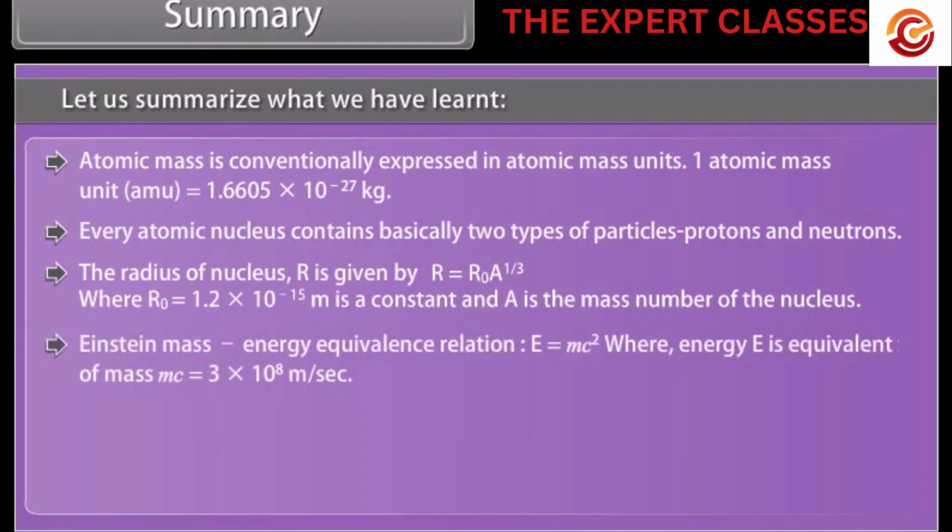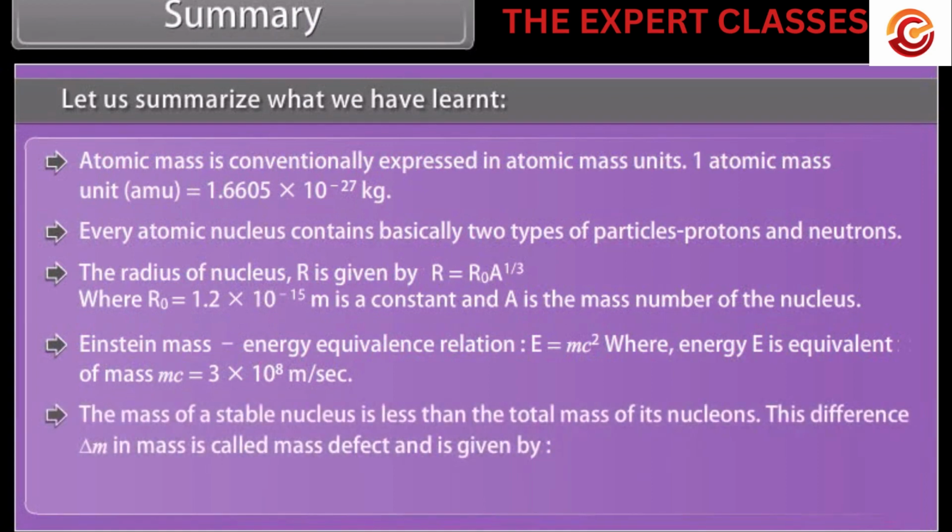Einstein's mass-energy equivalence relation, E = mc², where energy E is the equivalent of mass m. c is the velocity of light in vacuum, that is 3 × 10^8 meter per second. The mass of a stable nucleus is less than the total mass of its nucleons. This difference Δm in mass is called mass defect and is given by